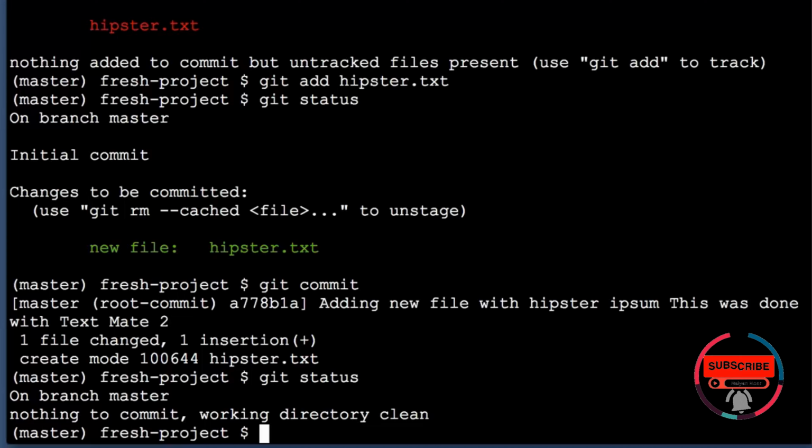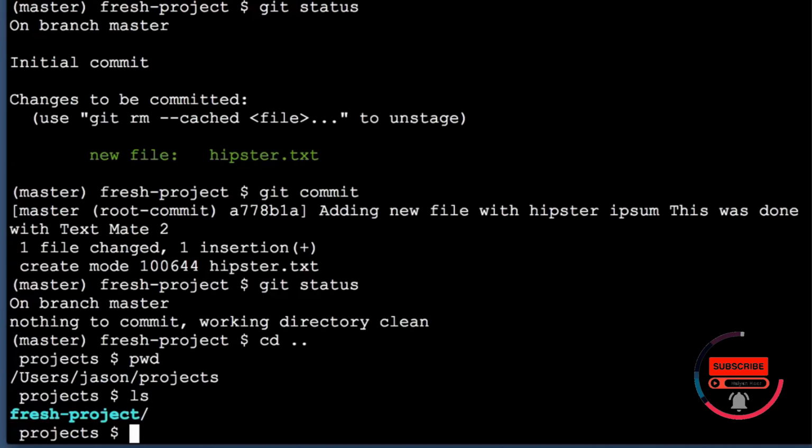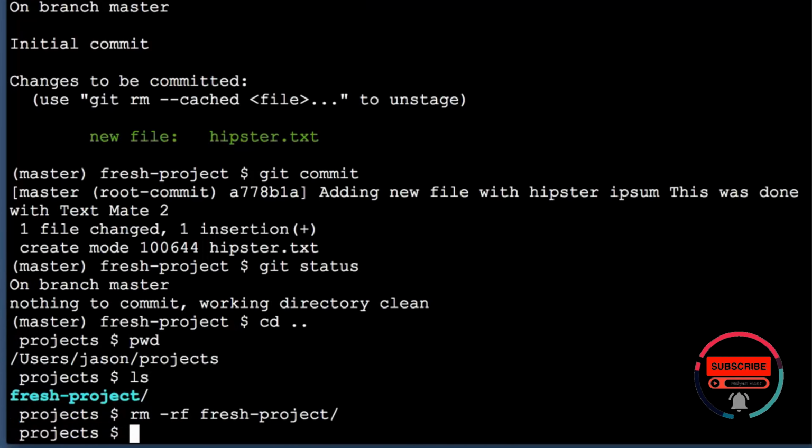All right, well, we're done for now. So I'm going to back up a level. That brings us back to the projects folder. Do an ls. You can see my fresh project is there. And now if I do an rm -rf, specifying fresh-project, it will delete that folder for me. So no more